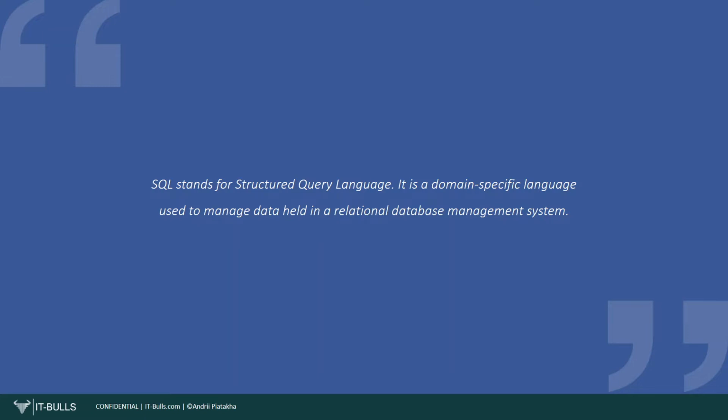Despite not entirely adhering to the relational model as described by Codd, it became the most widely used database language. SQL became a standard of the American National Standards Institute in 1986 and of the International Organization for Standardization in 1987. And because standardization of SQL wasn't done since its creation, different relational database management systems invented their own differences. Despite the existence of standards, most SQL code requires at least some minor changes before being ported to different database